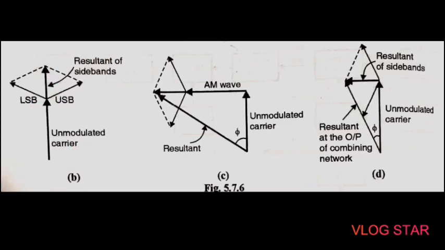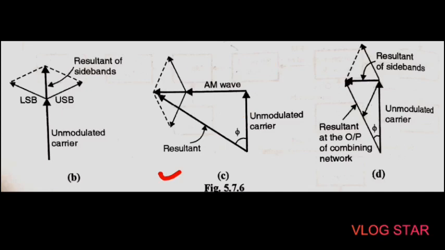An alternative method to obtain the phase variations is shown in figure C. Here an AM wave is added to an unmodulated carrier with a 90-degree phase shift between them. This is the AM wave, and this is the unmodulated carrier, and this is the angle phi, and there is a 90-degree phase shift between them. So some form of phase modulation is achieved: with the change in the amplitude of the sideband vector, the angle phi will change. But unfortunately the phase change is non-linear and it is too complex.